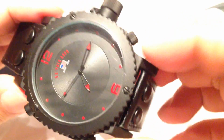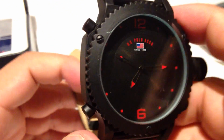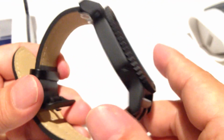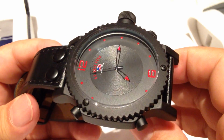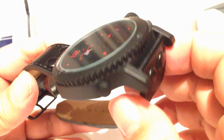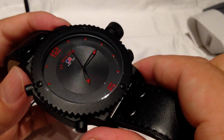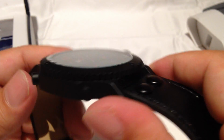So this is kind of a watch I think you would wear your first day to college, or out with the buddies on drinking night, or $2 burger night, because it does look good. I wouldn't hesitate to keep this watch myself, and just kind of bust it around when you're wearing your polo shirts and your